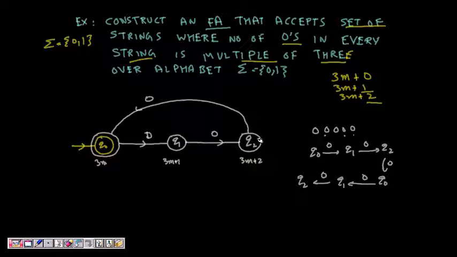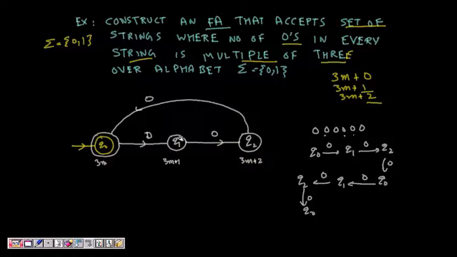This is not the final state. Final state is where the number of zeros is of the form 3m. So now what happens if you have 6 zeros, then it becomes Q0 again. Now it is the final state. After seeing 6 zeros, I am in the final state. Okay, so I am done with this one, but it also says that we have 0 and 1 in the